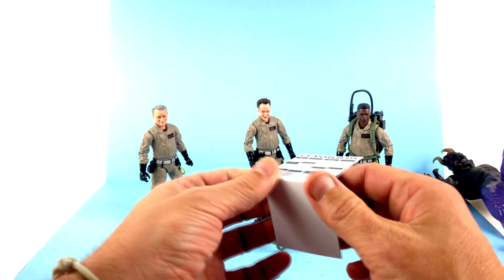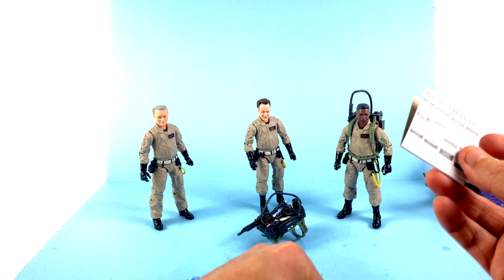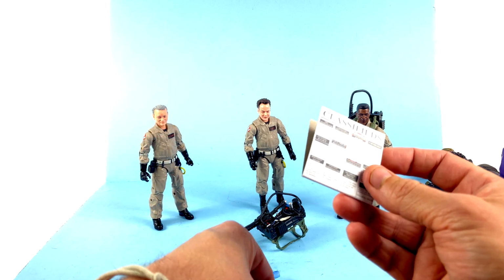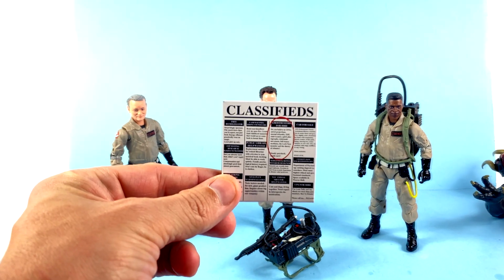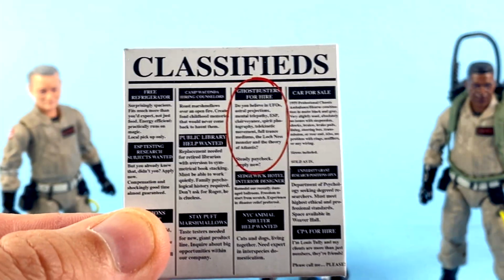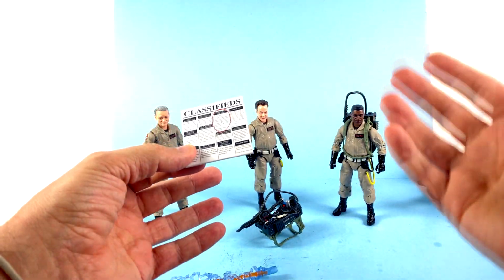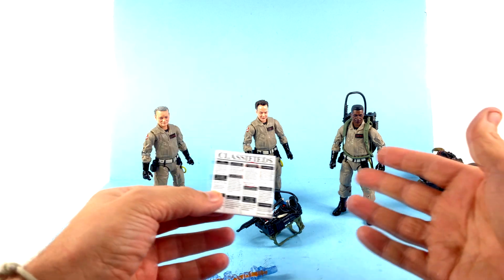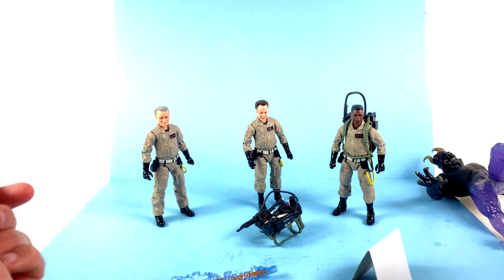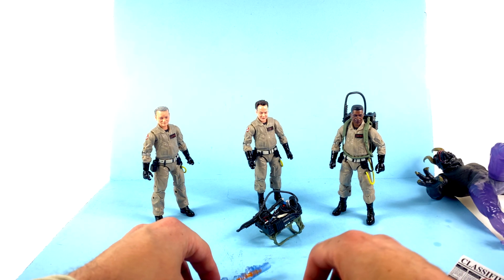Except for this piece of cardboard, which is meant to look like a newspaper. And much like these cards with Pete coming with them when it should have come with the original release, this is the classified ad. If we zoom in, this is the classified ad that he circled when he first started working for the Ghostbusters. So again, why does he have it? Makes no sense. And then you just have this blank piece of card. So I feel like that's a little bit kind of phoned in. I don't know necessarily why the accessories are kind of weak